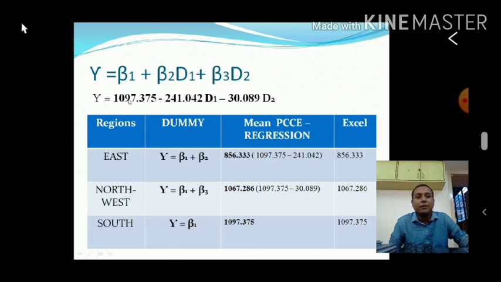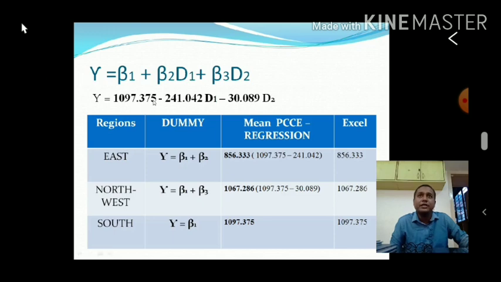We don't have a dummy variable for south, because as per the basic rule we have taken only two dummy variables, one for east and one for northwest. So the intercept, 1097.375, is the benchmark, and it is for the south.